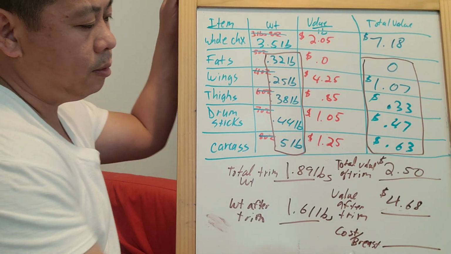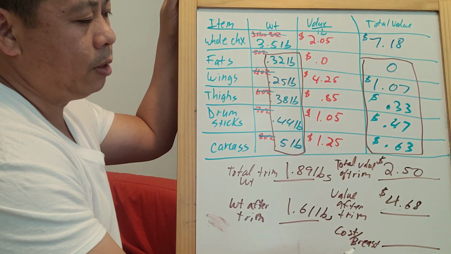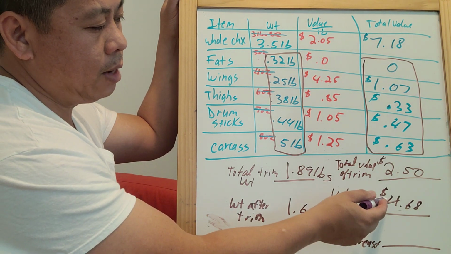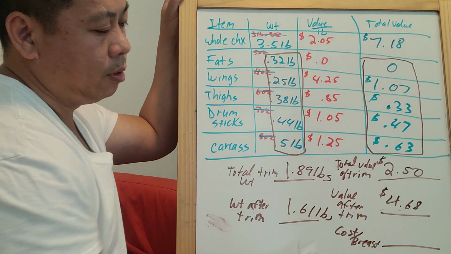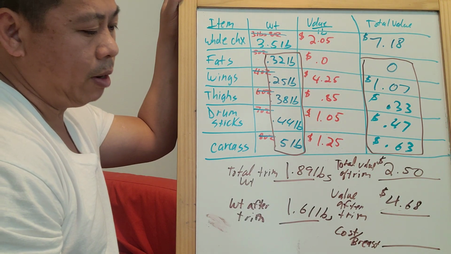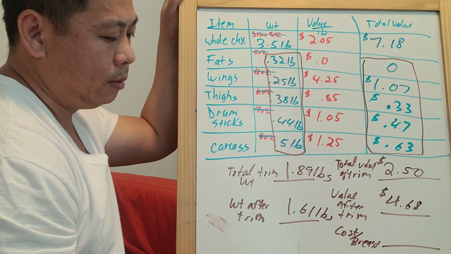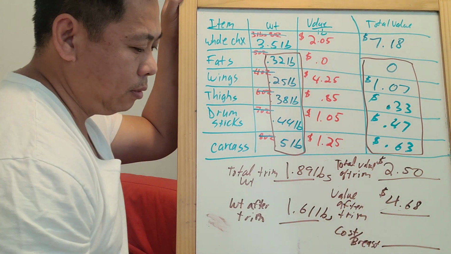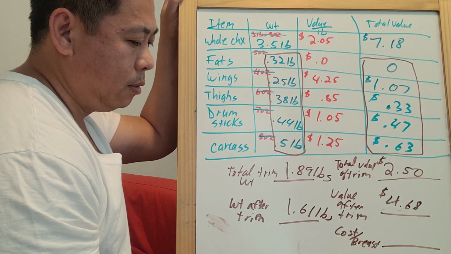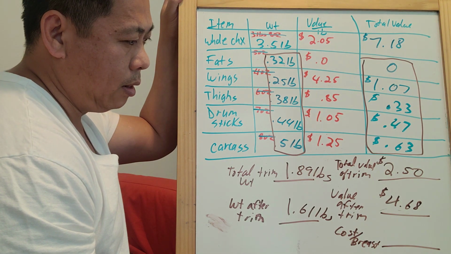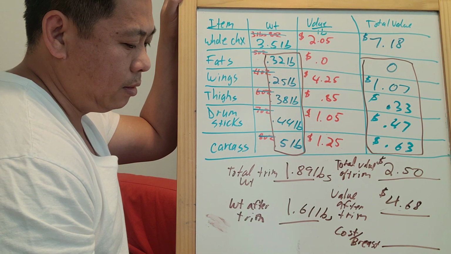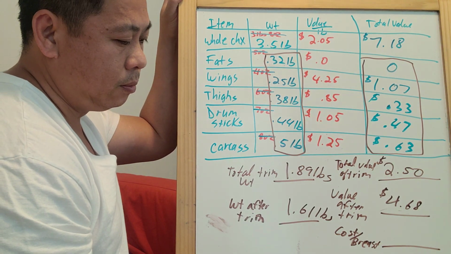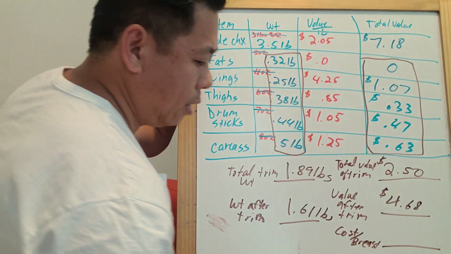But at the end, it just asks you how much it costs per breast. So if you want to know how much it costs per breast, you just take that and divide it by 2, because obviously we get 2 chicken breasts. So each breast is that much weight right there. Therefore, you take 4.68 divided by 2, which would give you $2.34